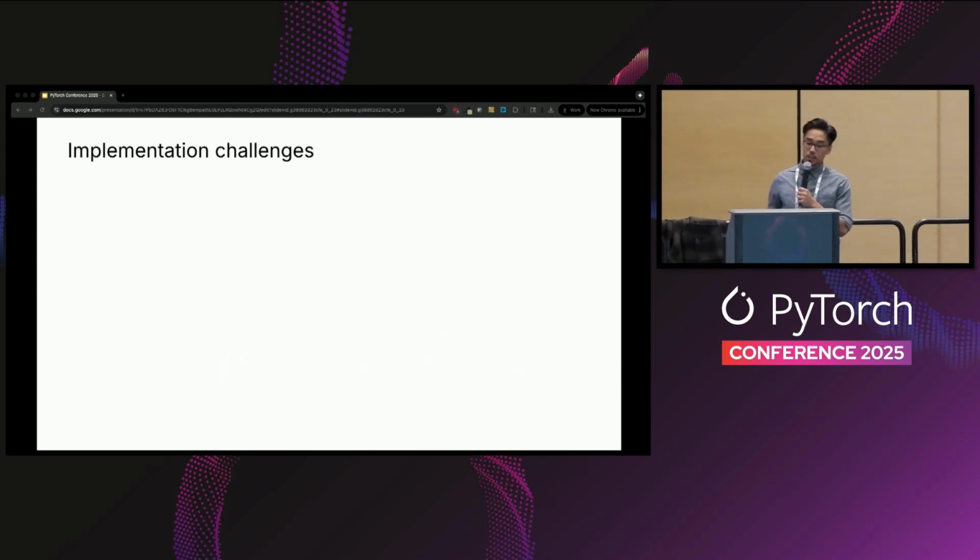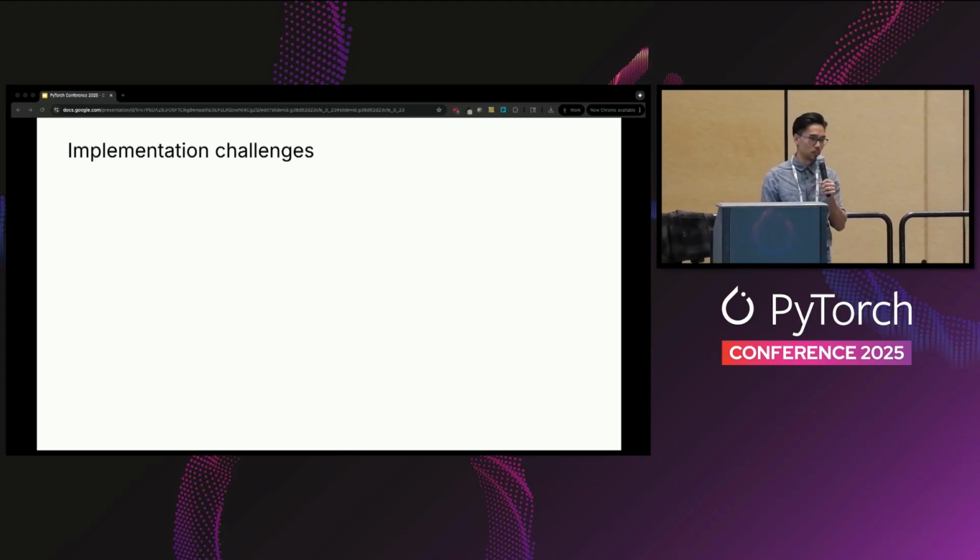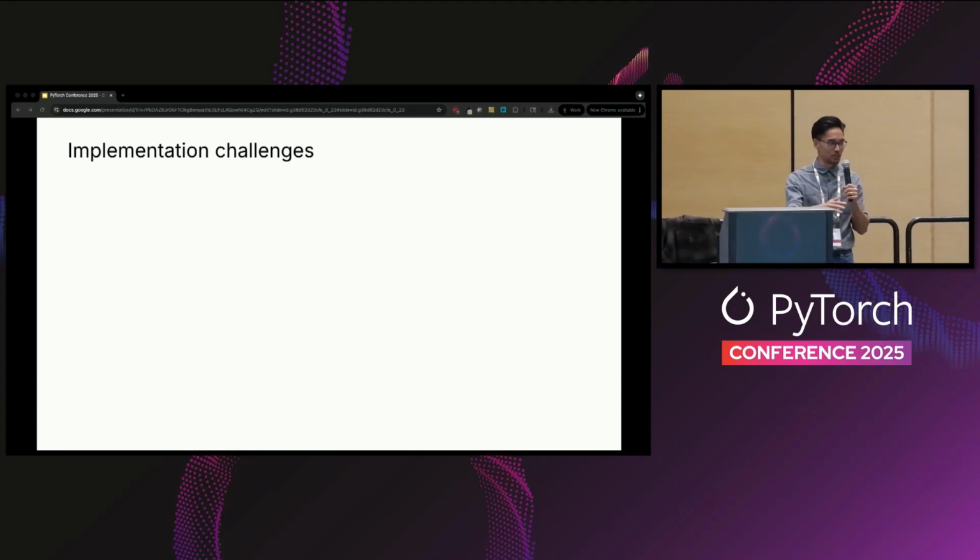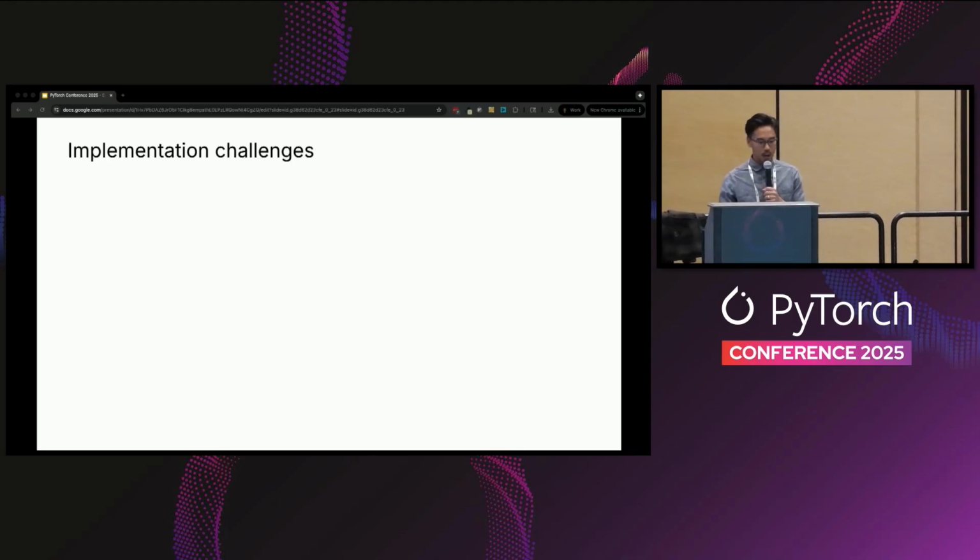Some implementation challenges, maybe worth noting, because I implemented this somewhat from scratch. I didn't use TRL or VeRL just because I'm a glutton for punishment, and it's just hard to get these things to work. And there's a certain pride you get when you implement things from scratch-ish, just using PyTorch.